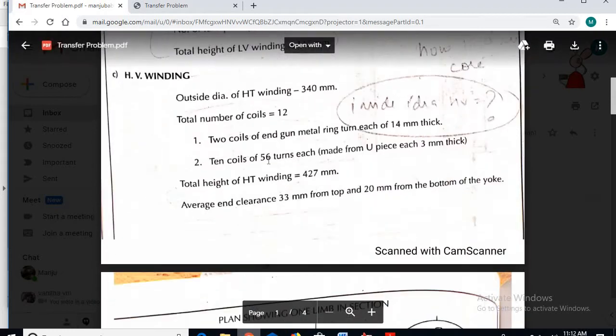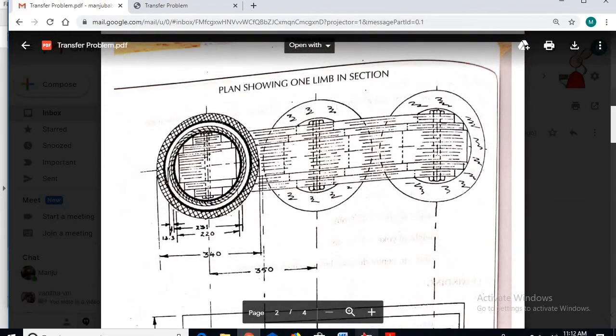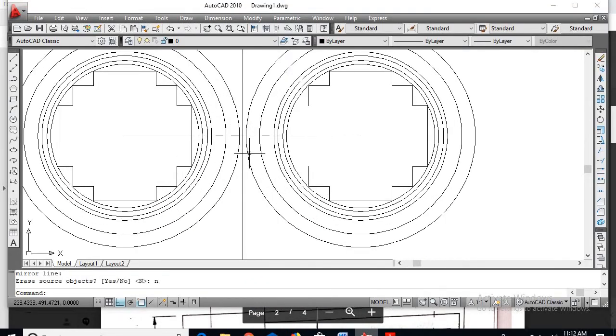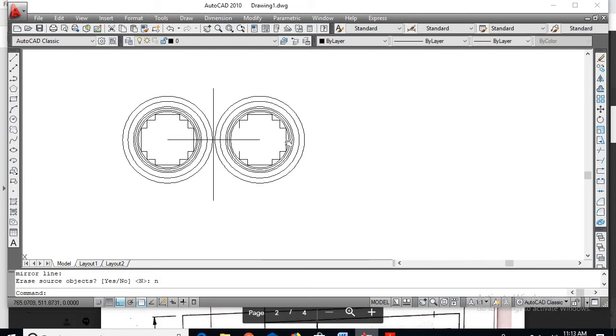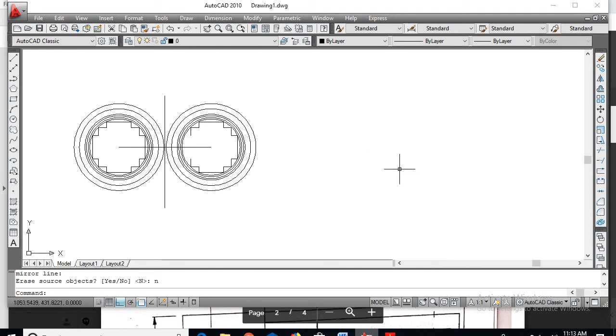So similarly in our diagram also we are having the same gap distance. Okay, so there is one more core. Okay, so select this, go for line, so from center, so here it is 350.